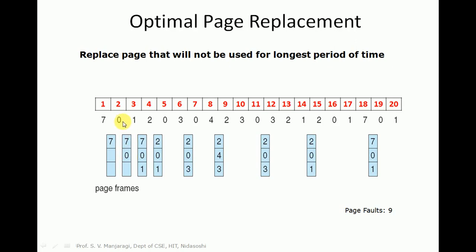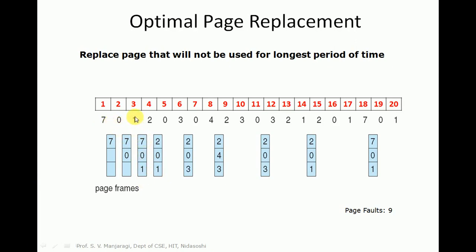The next page reference is 1. So let us look at the physical memory, and check whether 1 is present here. It is not present. A page fault occurs, and 1 will be present in the disk. Let us bring that page to the physical memory. It will be put into the free frame. So this 1 has been put onto the free frame here. So presently in the memory we have 3 pages. There are 3 page frames, and all 3 page frames have been allocated to the first 3 logical pages,